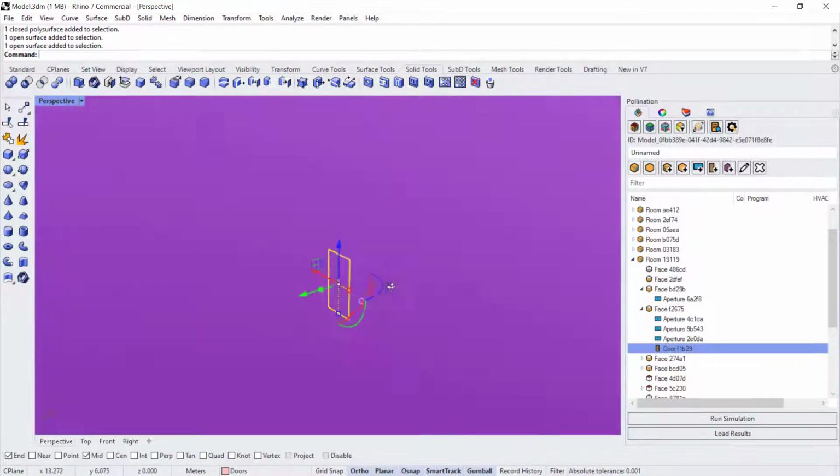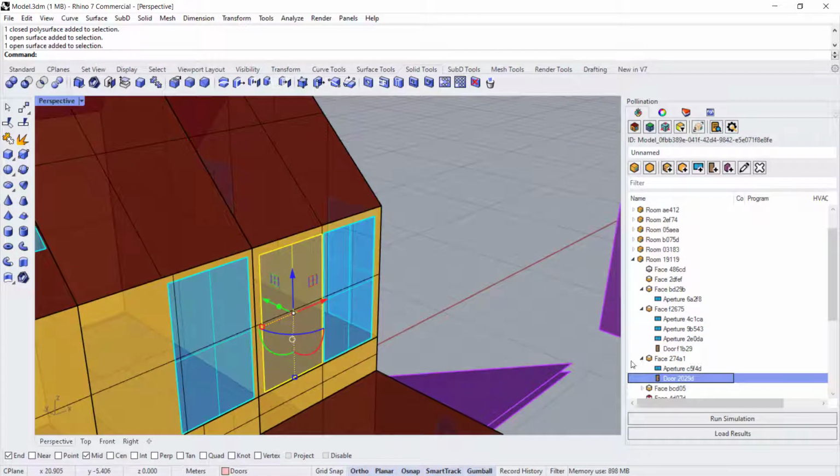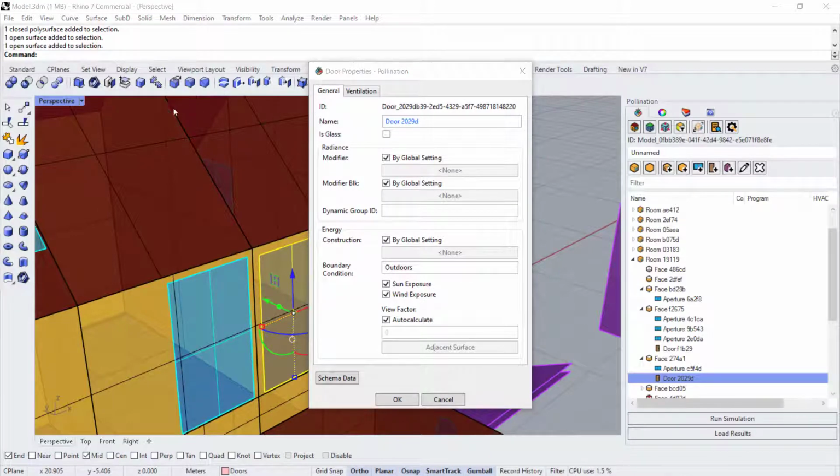Oh, that's the door to the back. We have a door in the front. So let's find that door. There you go. So if you want to change that door's properties, again, you can double click on it and